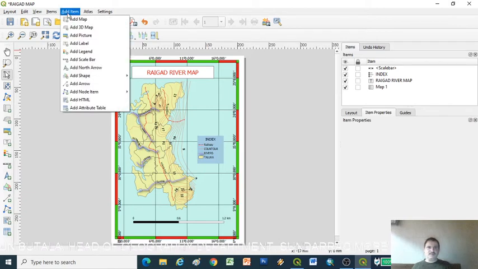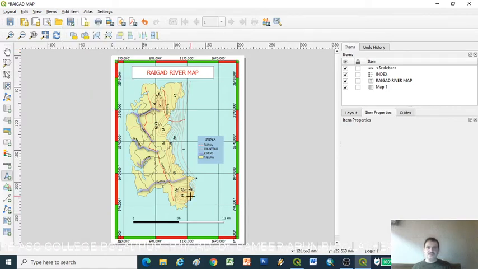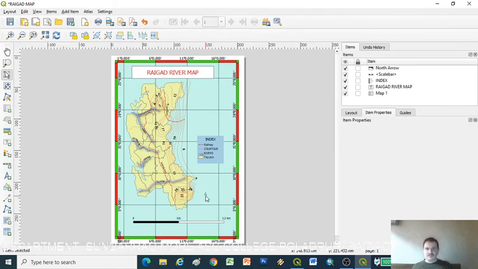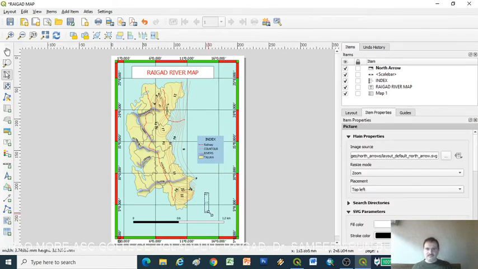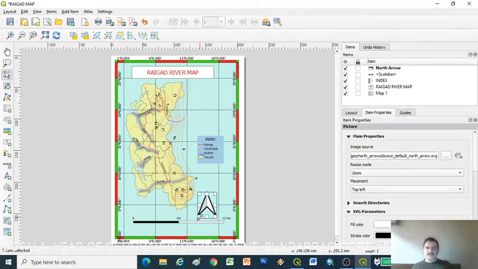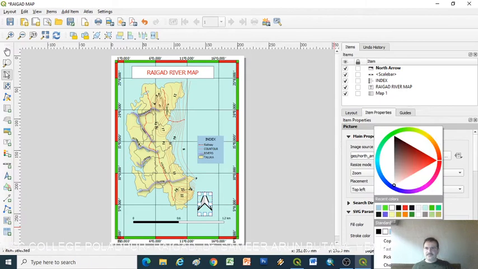There is one more property, the north arrow. We can add an arrow or north arrow. So just click, a scale bar is here, just drag to the upper side and click. So this is the north arrow which is created. We can click here, we can adjust, and we can change the north arrow color, anything.